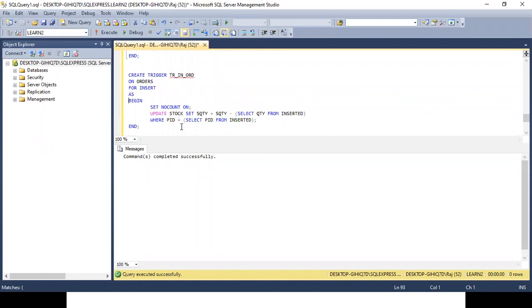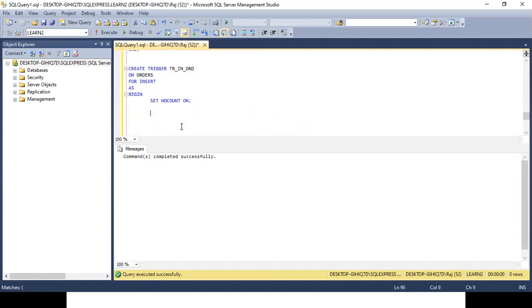Okay, so I'm taking this trigger only. All right. So create trigger name on orders for insert as begin set no count on. Now I will say declare @qr as int and declare @qs as int, that is quantity required and quantity in stock.